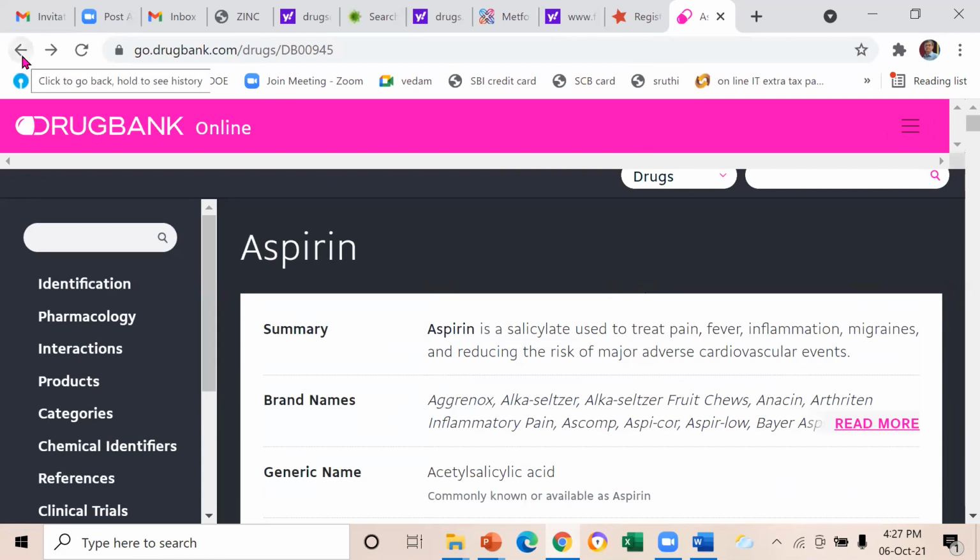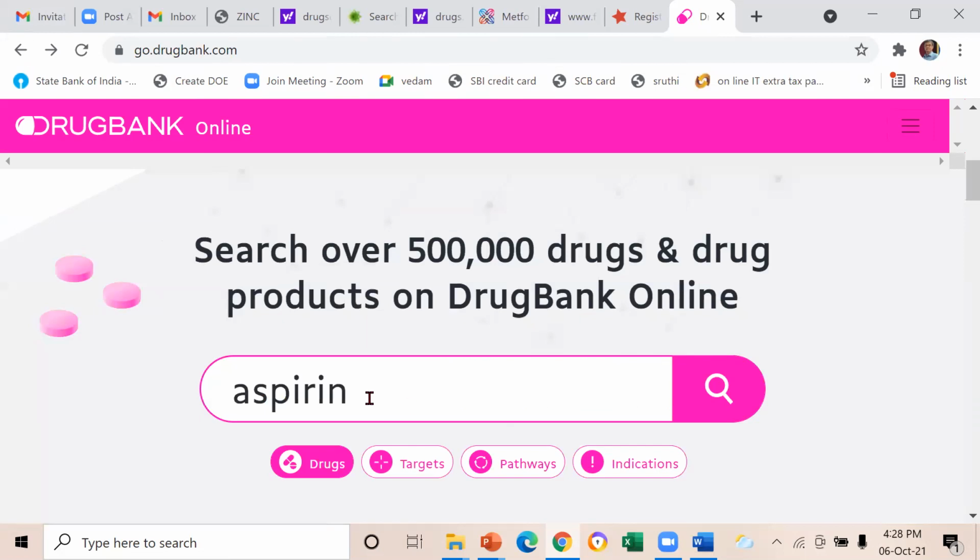So if you are interested in working on a particular disease, try to first look at all these databases: the FDA databases, DrugBank, DrugDB, Drugs.com. Just see what drugs are now being marketed for that particular disease, what has been reported, what the structures of these are, what the targets are, what the side effects are, what the pharmacological actions of these drugs are, and so on.